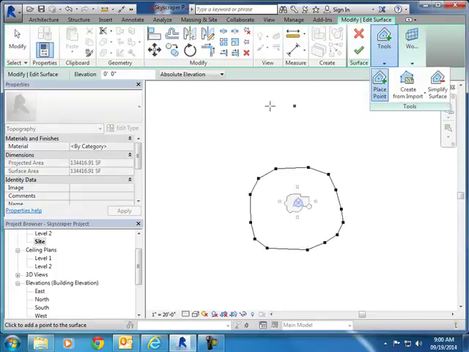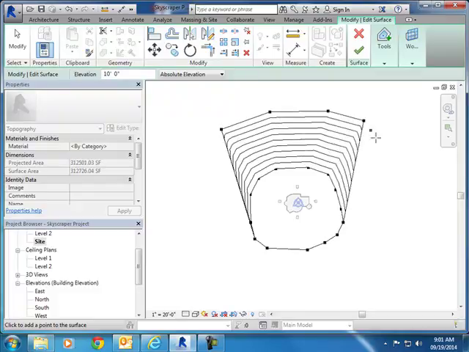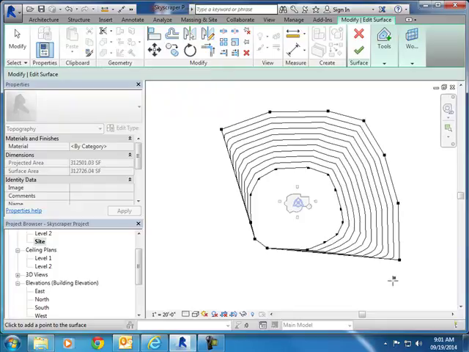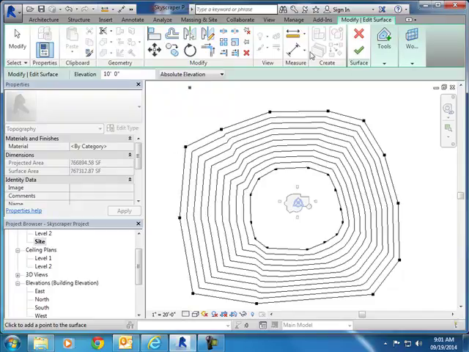So I'm going to select place a point again, and this time I'm going to have an elevation of 10 feet. And I'm going to come out here, and I'm going to choose place more points. So it modified this Topo surface, and basically, if this is 2 feet, and if this is